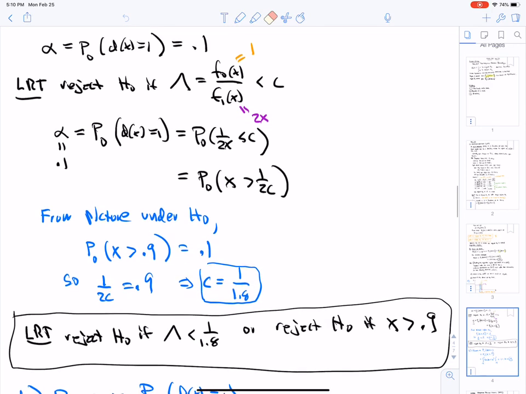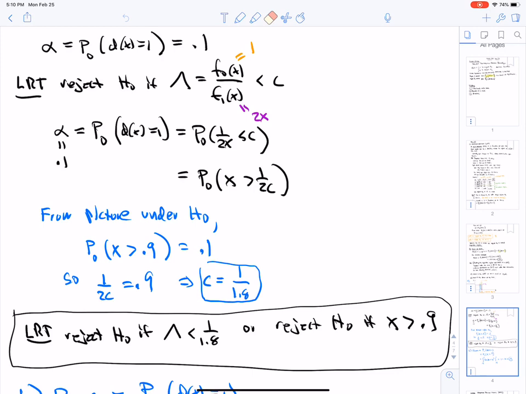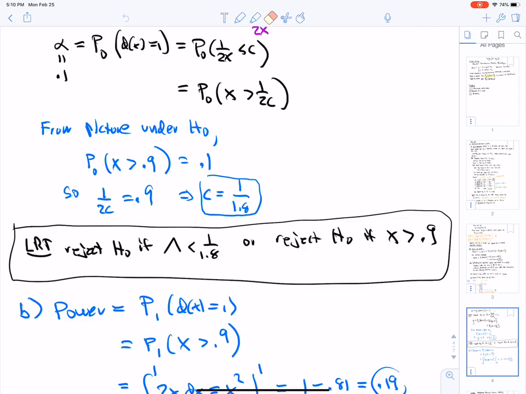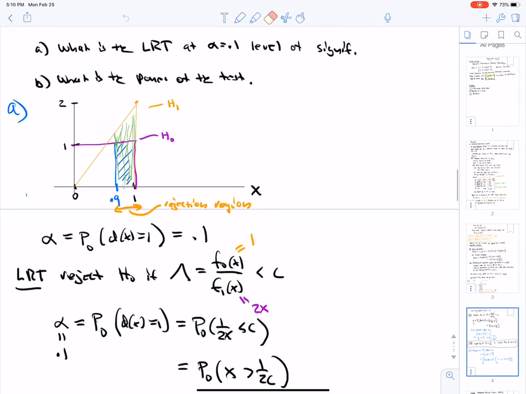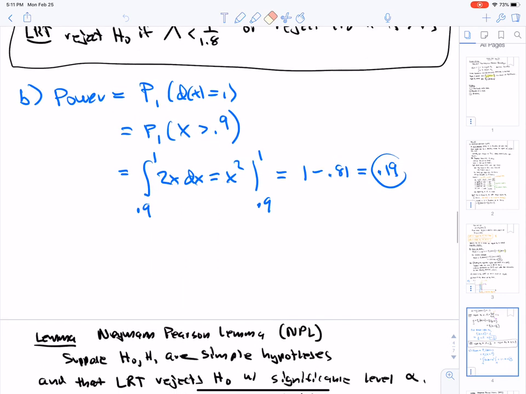Because of course from the picture you can see that under the null, the probability that x is greater than 0.9 is 0.1. So in other words, c is 1 over 1.8. So the likelihood ratio test says lambda is less than 1 over 1.8, or equivalently x is greater than 0.9. So now to find the power, in a picture, the power is the area under the alternative to the right of 0.9. In other words, the area under the alternative above the rejection region,